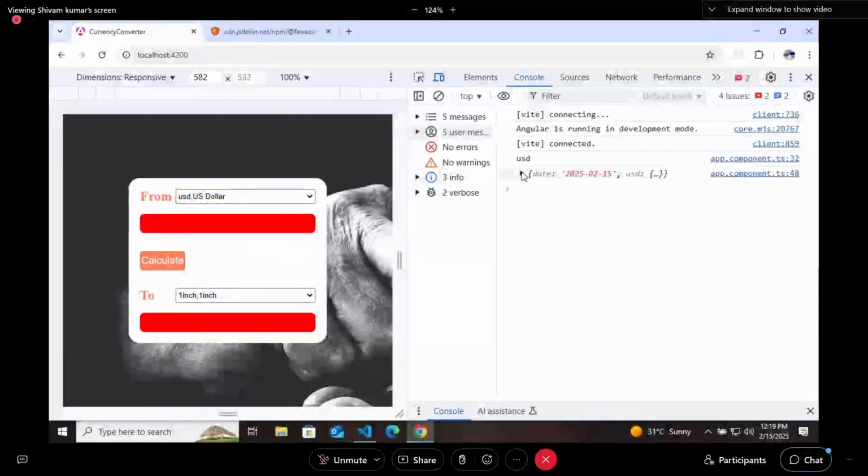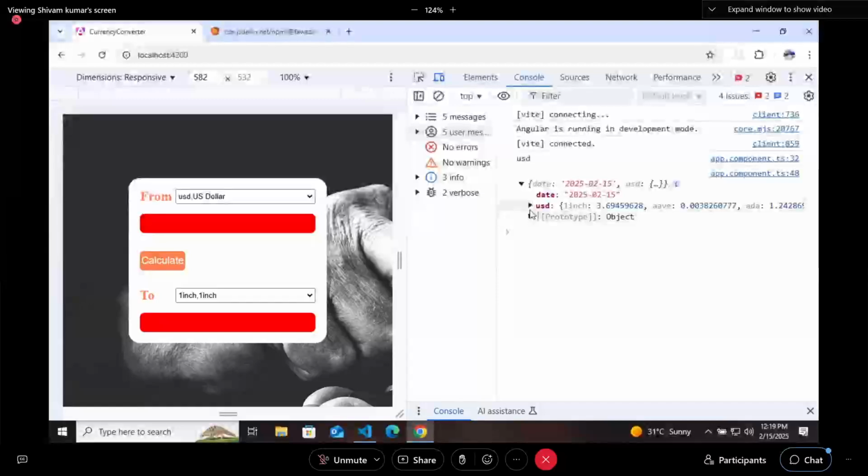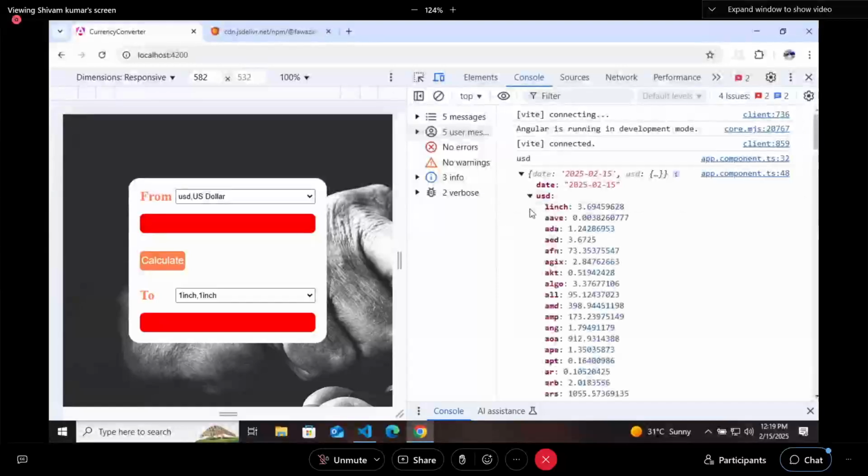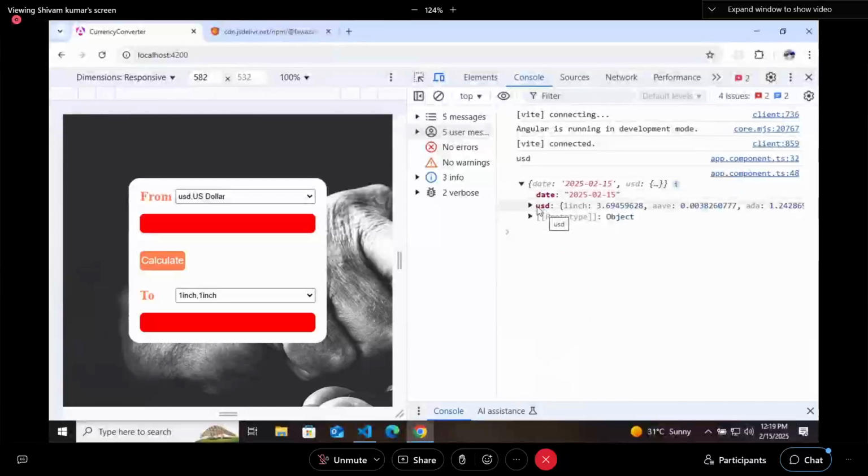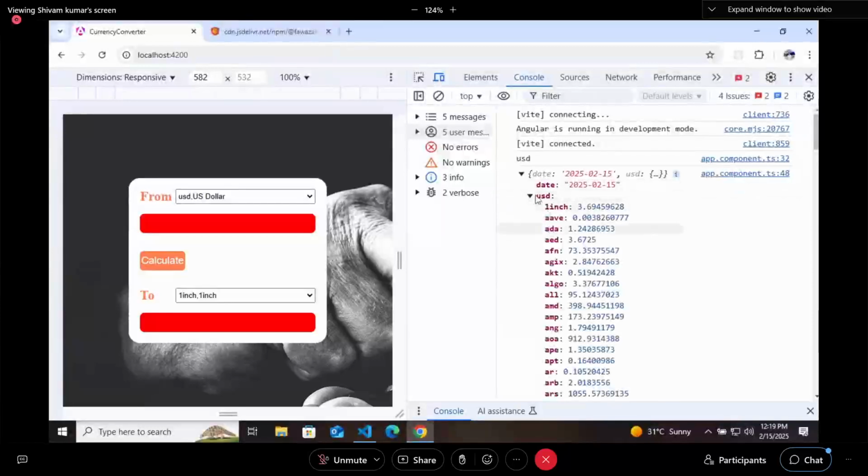Again, you are getting an object only. Same thing you need to do here: Object.key, these are the keys here. So Object.key, this is the first key, USD, right?